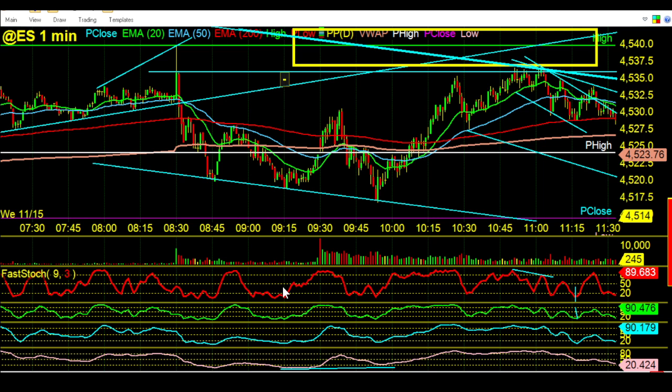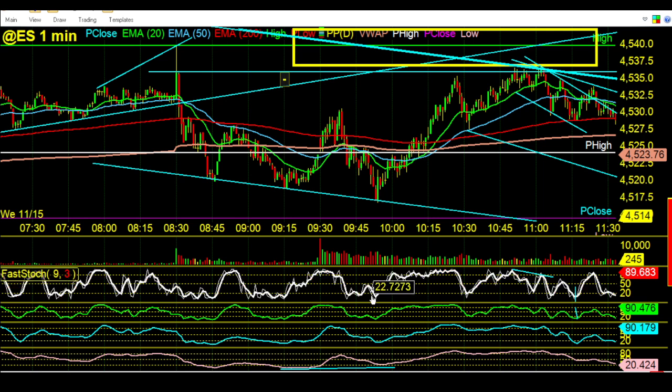I could just call it the Quad. I call it the Quad 4. It's the same thing. So we watch these, and these are multiple time frames: 9-3, 14-3, 44-4, and 60-10. 60-10 is the bottom one. The 9-3 is the top, and these are the 2 important ones. The other 2 are going to help us along the way too, but the lower one and the top one work together.